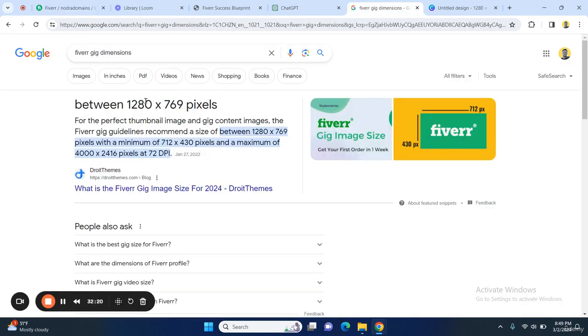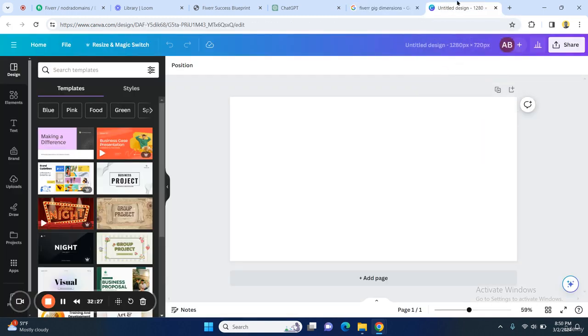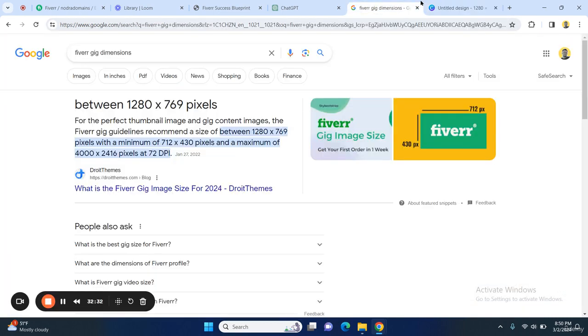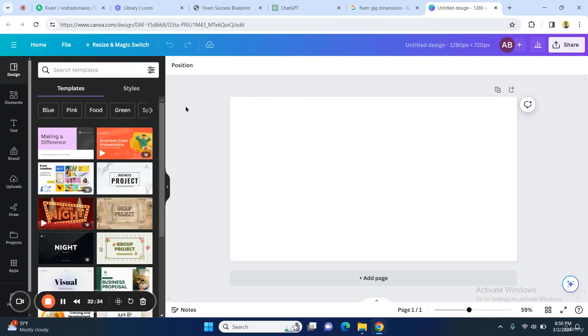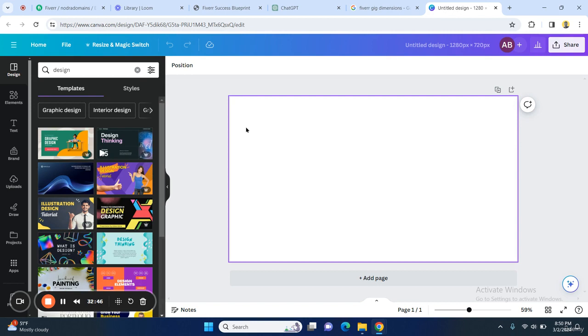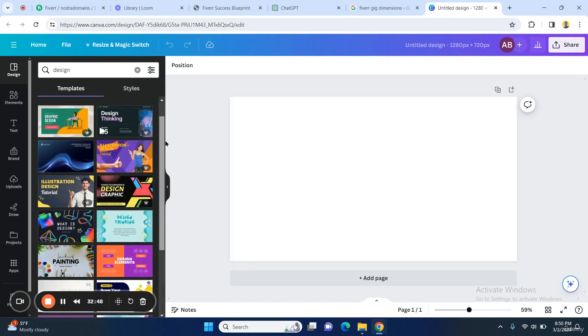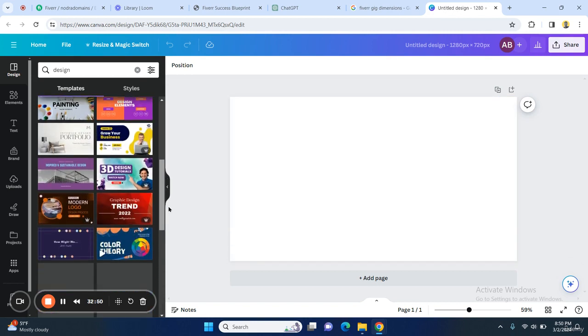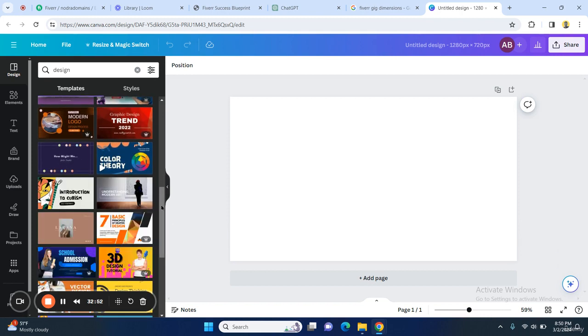Now the Fiverr gig image dimensions are these, and we can again use Canva. I've made a custom design with these exact dimensions here, so that it's going to fit our gig image properly. And like I said, Canva has ready-to-go templates for you, so you can just click on it. For example, let's just say you offer something like design, right? So if you're offering design, you can basically check out these images here,